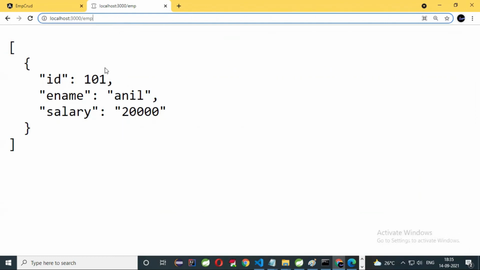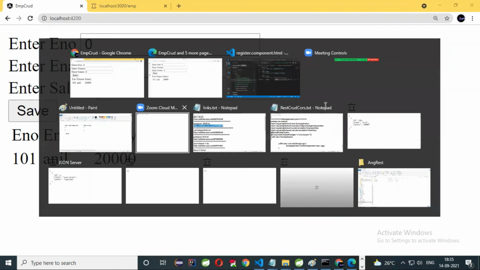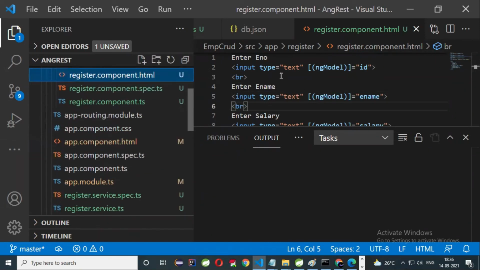And my Angular application is also running here. Already one record is there, no? I want to read that particular record. So this code interacts with services, which is very important here in Angular. Is it clear? There are some ready-made methods for Ajax calls, like HTTP methods: get, post, put, as well as delete. Similarly, I'll go to my register service.ts file. There I have declared one method called saveUser.